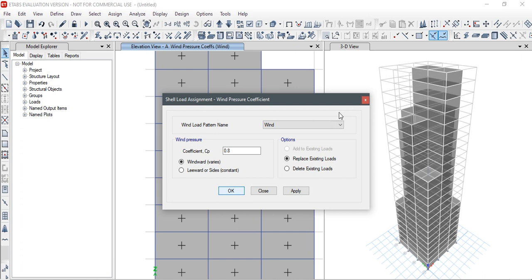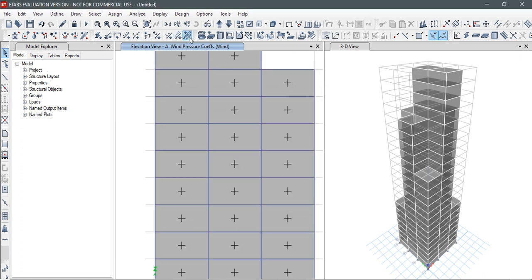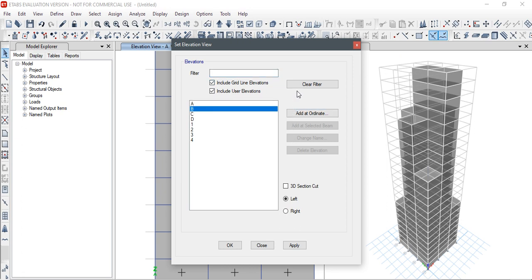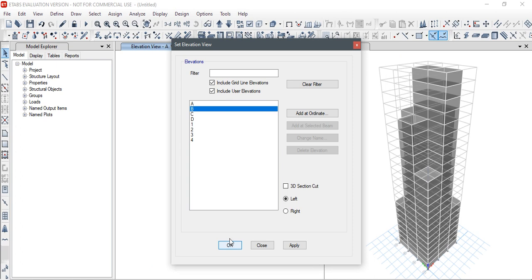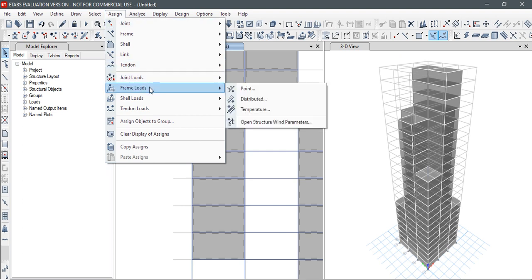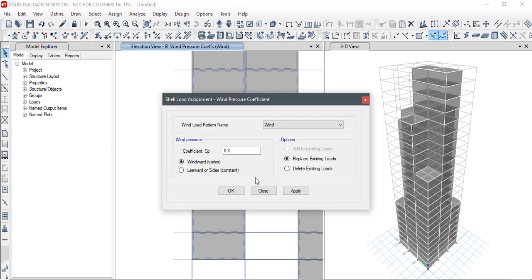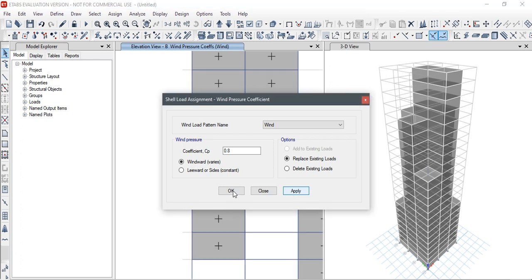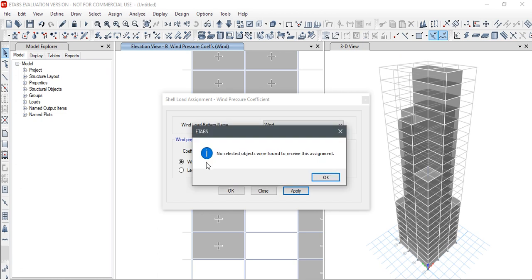Similarly, I will just do this for section B as well. For the section B, on the elevation side, I will just choose the section B and apply this similar wind pressure coefficient. First I have to make the selection, and I have to just assign this under the shell load wind pressure coefficient of 0.8 on the windward side. This section is also on the windward side. Okay, just applied, and now the sections C and D are on leeward side, and as per the IS code,